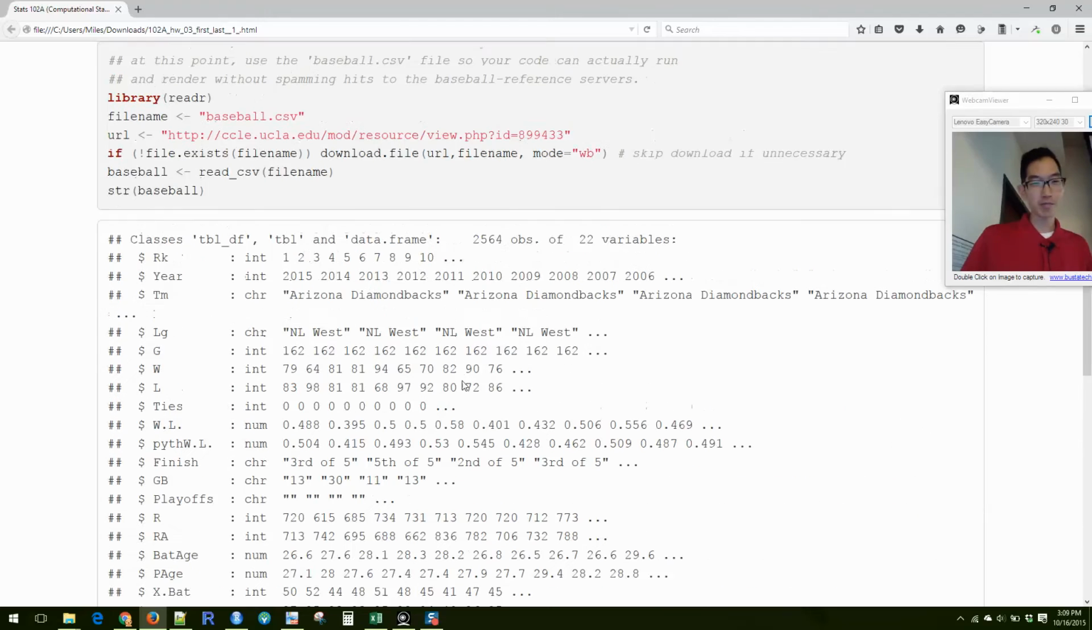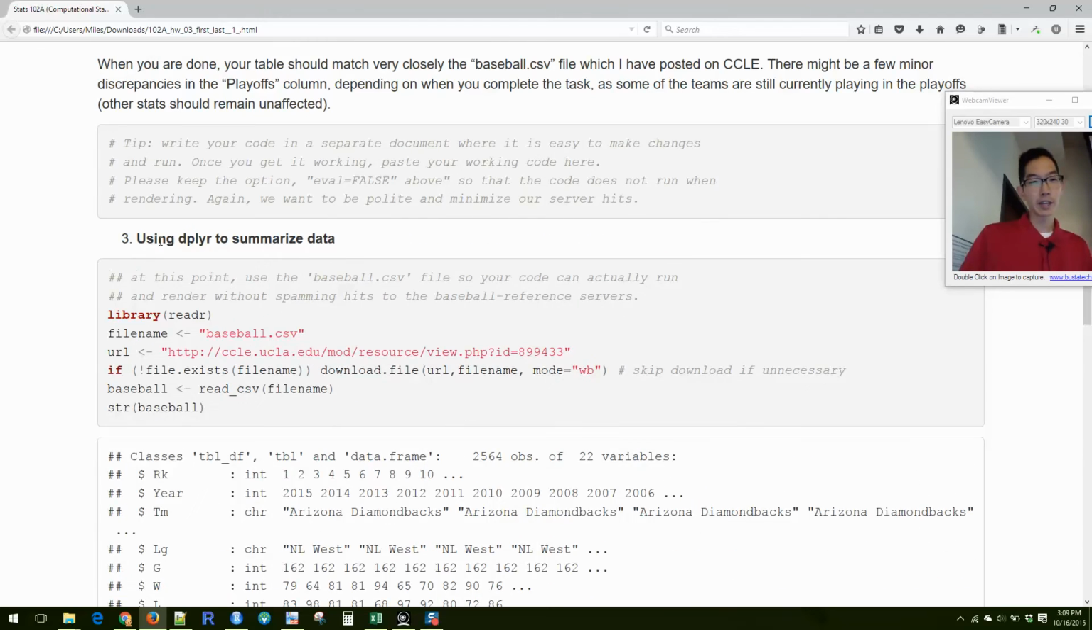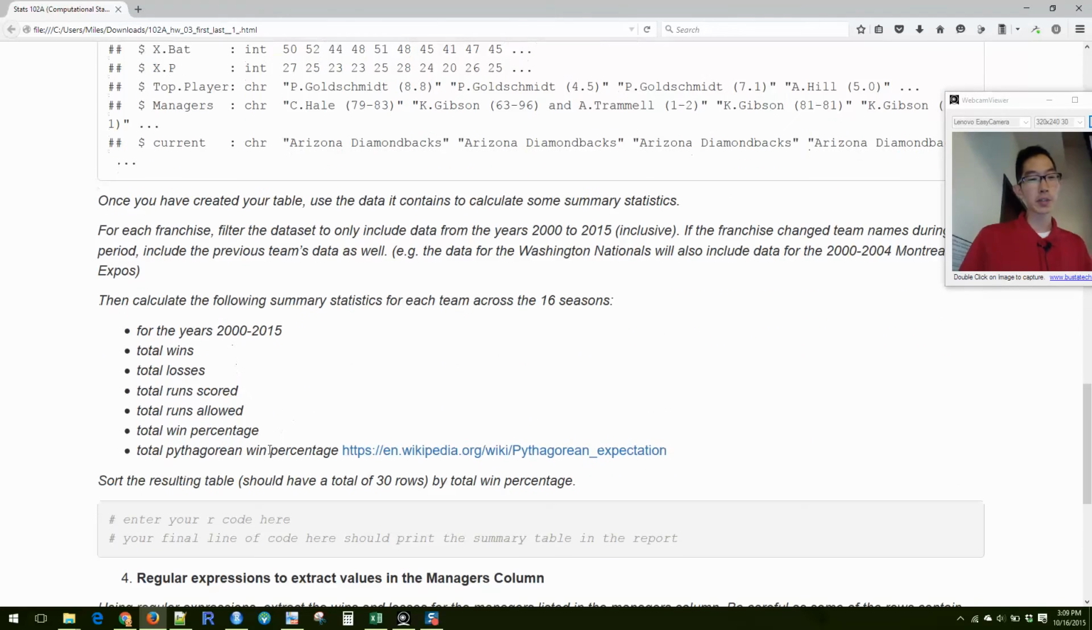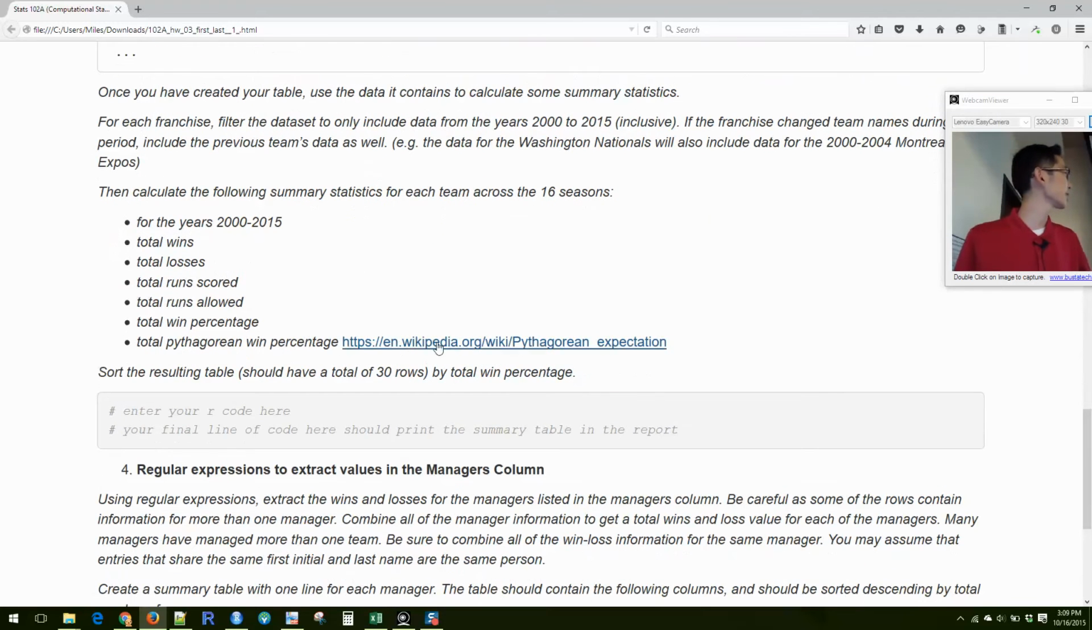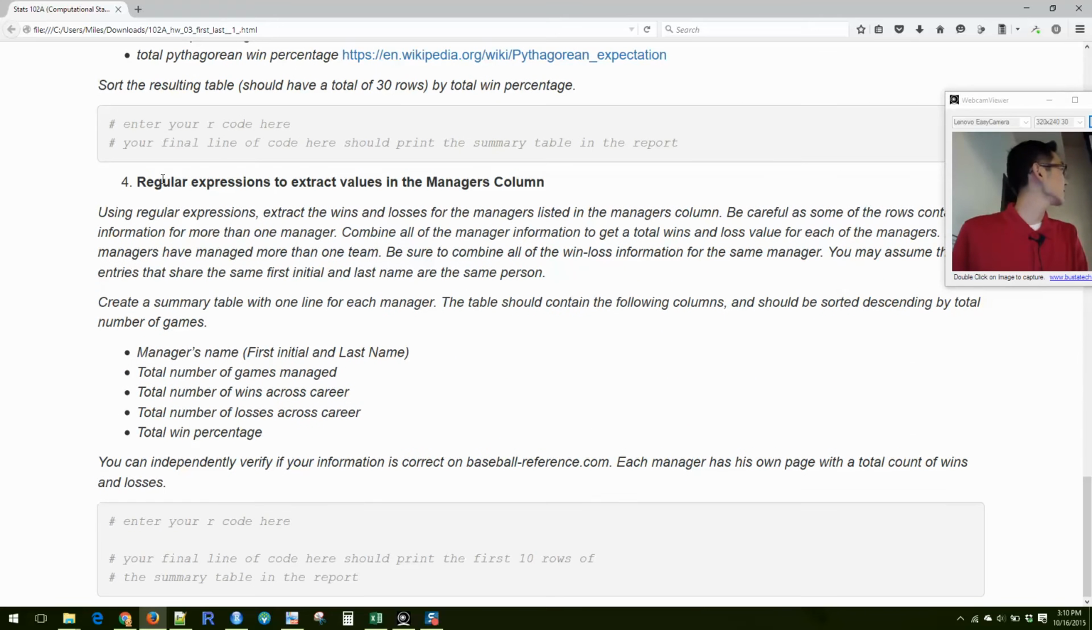Anyway, that's what we have, and I ask you to use dplyr to do some summaries here. There's something called the Pythagorean win percentage, which you might be familiar with if you're into sports analytics, where based on how many points a team scores and how many points are scored against the team, you can make a prediction for how many actual games the team will win. And then lastly, today we're going to cover text expressions, regular expressions,